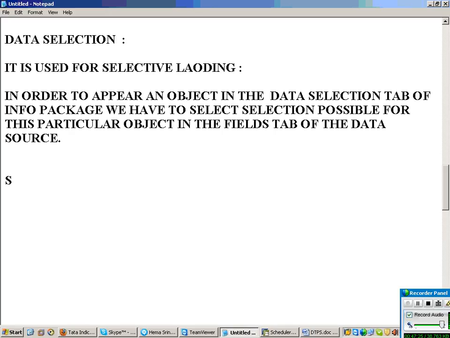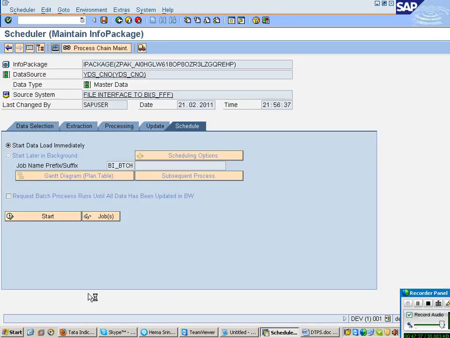I didn't do any changes. The only thing is I've given the condition. Then I went to the schedule tab. Then click on start. So once I click start,